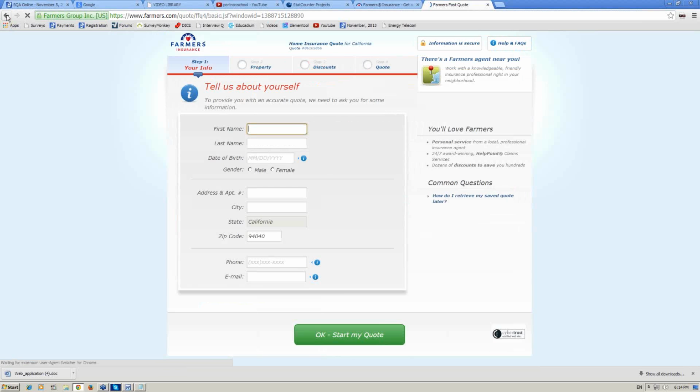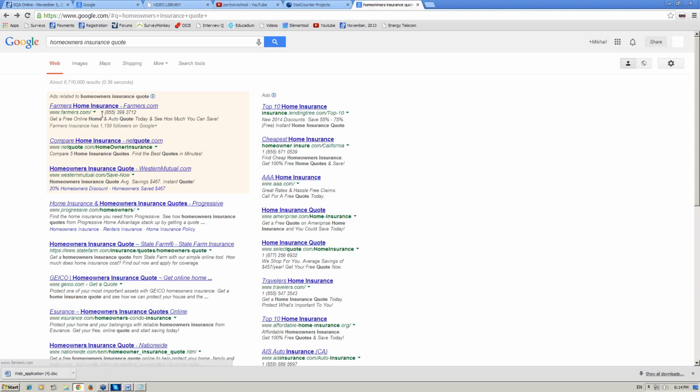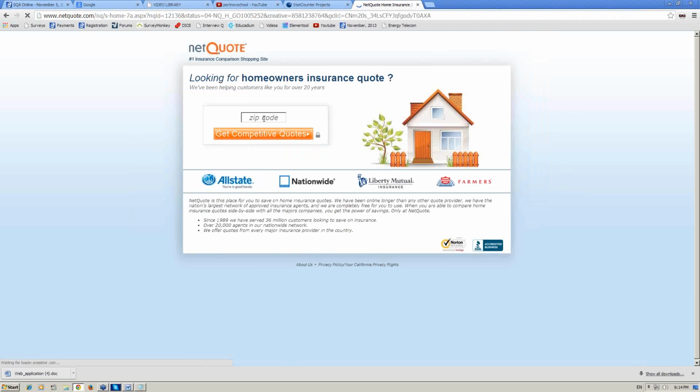Now, let's take a look at the previous one. Who was the previous one? Let me see. No, not previous. The next one. The next one is NetQuote. NetQuote is not an insurance company. NetQuote represents another model of how companies make money on the internet. NetQuote says, compare 5 home insurance quotes. It means when you go there and you provide your zip code 94040,